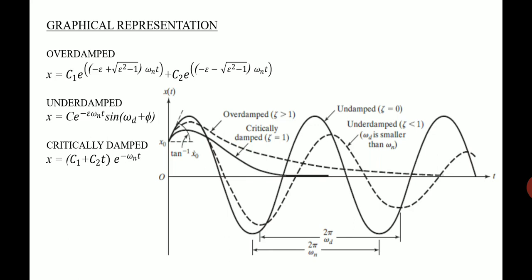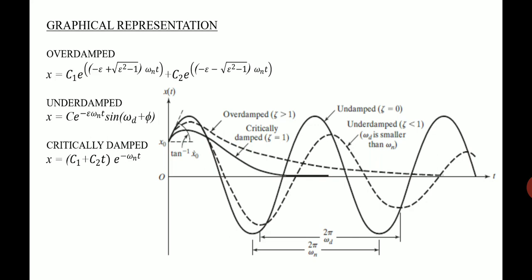That is also shown in dotted lines, where there are oscillations but they are slightly varied from the ones with the undamped system. As you can see, the amplitude of the oscillations keeps decreasing in the case of an underdamped system. So the amplitude is gradually decreasing during the course of time. So that is actually an underdamped system where epsilon is less than 1.